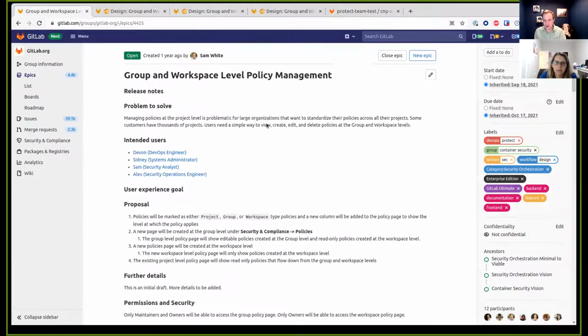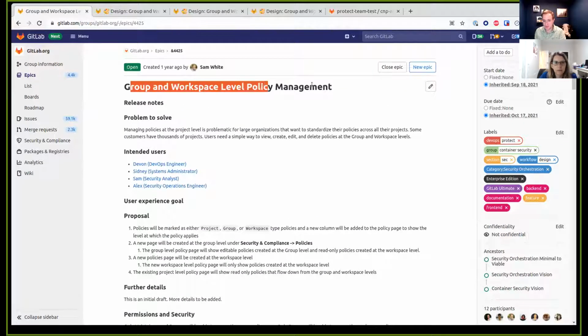But we've got these plans to move it up to the group and workspace level because we know workspace is coming. And back when Melissa was over it, we talked about the workspace, and this has been on our backlog for a while. So I haven't really stayed up to date with all the plans regarding workspace, to be honest, for the last several months. But this is something that we've been working towards aspirationally for a long time. And we're actually now starting to get close to being ready to implement this.